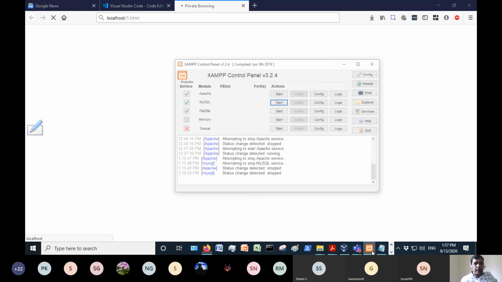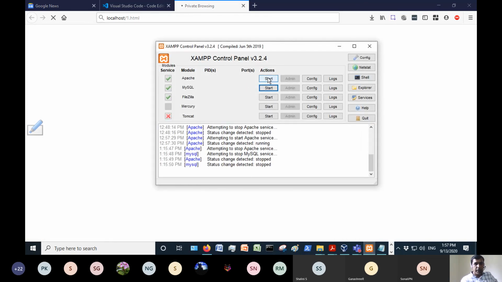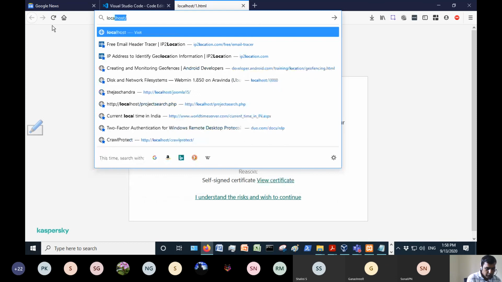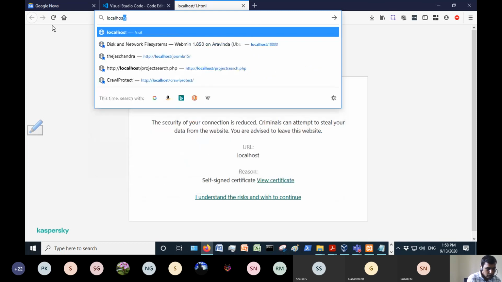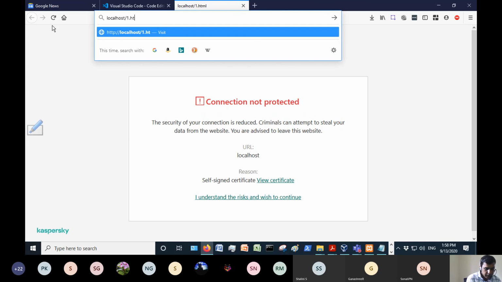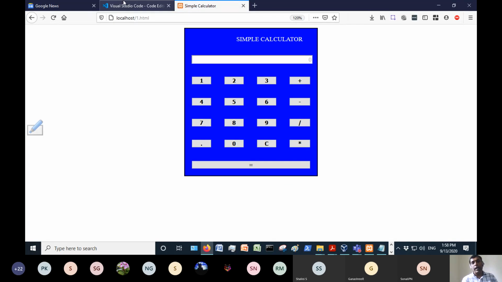I don't know whether I am running Apache. The Apache server is not running, so that's why I didn't get anything. You should run the Apache server. Give localhost/1.html. Okay, so you got the calculator.